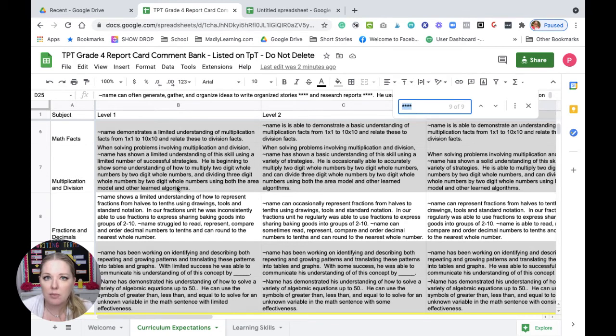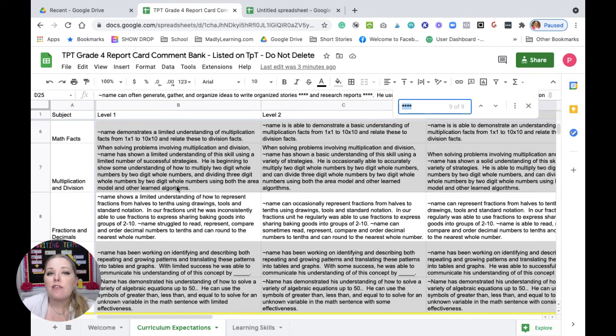So one of the things I want to convey to you is that when you're building your comment bank, it is general. It is not specific or customized to your student. I use this as a framework to build the customized comments right inside my report card comment program. So I will have both pieces open and I will copy into their boxes and pull the pieces that I want to build their comment, like I'm fitting a puzzle together. I will add in the customizations and then I am done.